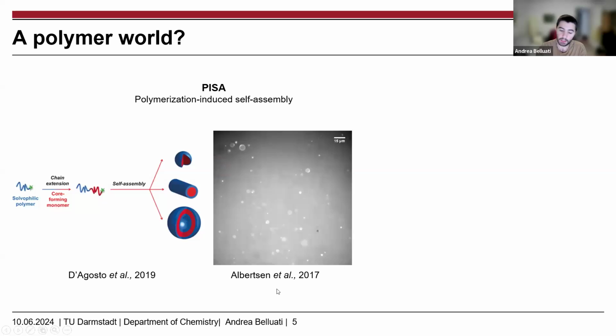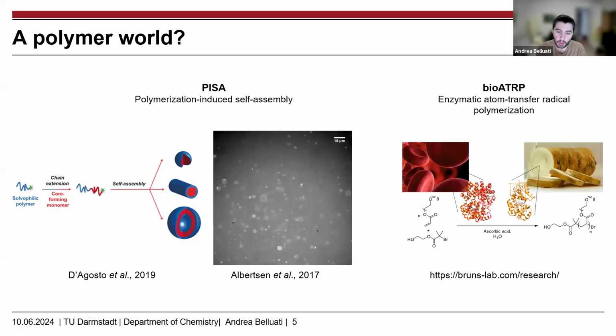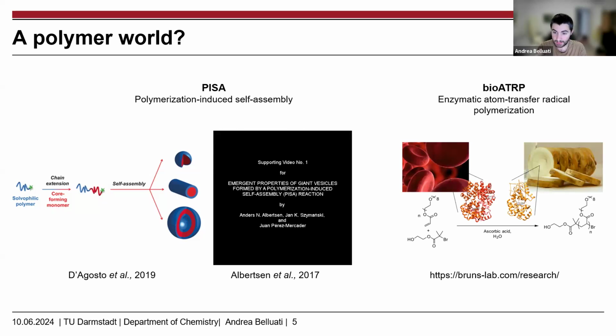We're using photocatalysis. You can actually see these vesicles growing as you shine light in the area where the polymers and the initiators are present. However, again, this is mostly made using classical organic catalysis. There is, however, a concept in controlled radical polymerizations, which are the kind of polymerization that are water